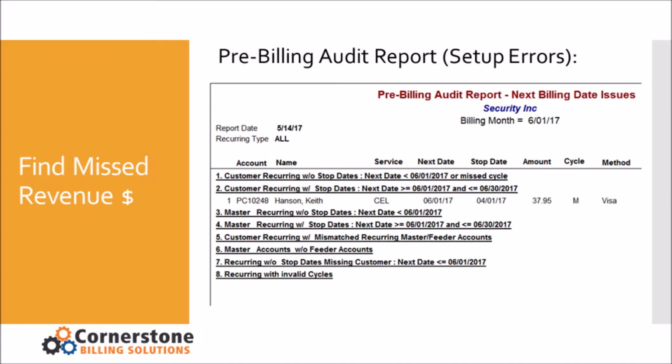billing completely. So as part of our services, what we do is we actually run this report for our customers prior to each recurring billing batch that we're doing for them. And we flag possible mistakes, so those mistakes can be fixed before batches actually run. So the end result of that is more accurate billing that ensures that 100% of what should be billed is actually billed.